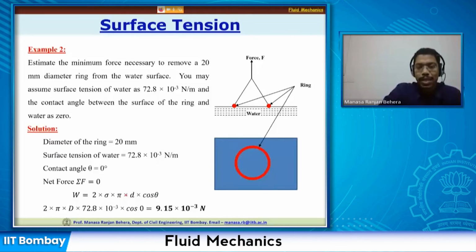So what is πd? πd is the circumference that I am taking, assuming that the ring is so small or thin that the d is not really going to change. So I'll multiply that with 2. So πd multiplied by σ cos θ. Here θ is 0, so cos 0 equals 1. Now you get this value, and if you calculate, you will be able to find the weight of the ring. Okay. So these are typical problems that we are solving, but there are many applications which can be understood if we know these concepts.